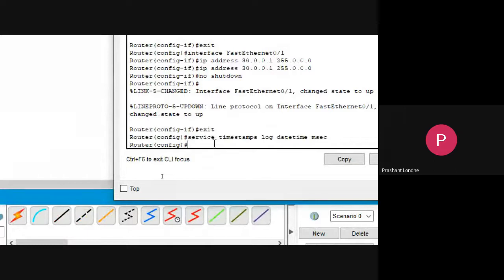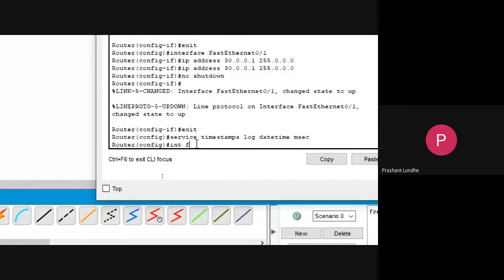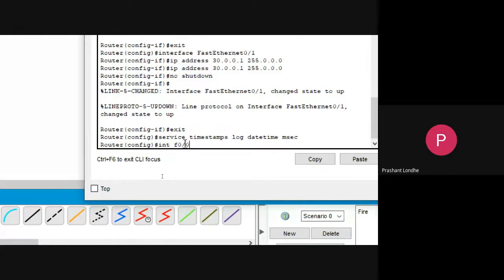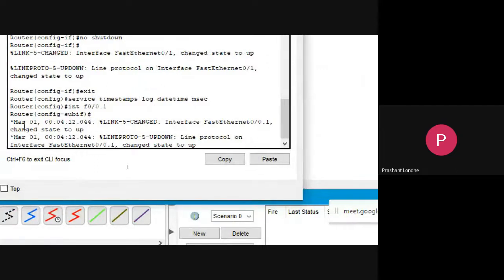And now I will go to the interface, fast Ethernet 0/0.1.